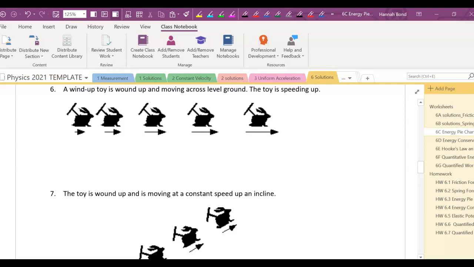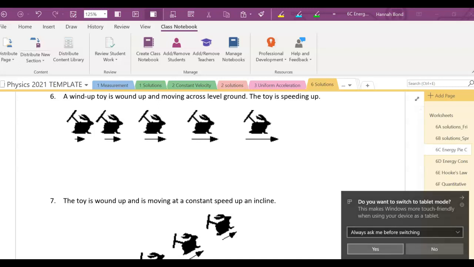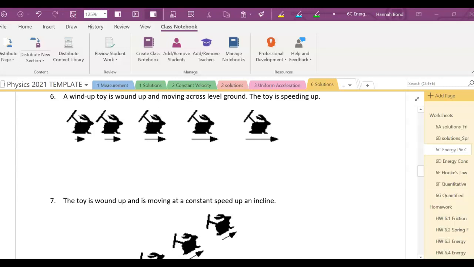Okay, this webcast continues making some energy pie charts, and so I'm going to look at problem 6, where we've got a wind-up toy that's wound up and moving across level ground. Notice that it says the toy is speeding up. Okay, so I'm going to choose 3 places to do my pie charts, and so I'm going to draw 3 circles to represent the energy pies at those locations. Now in the first position,